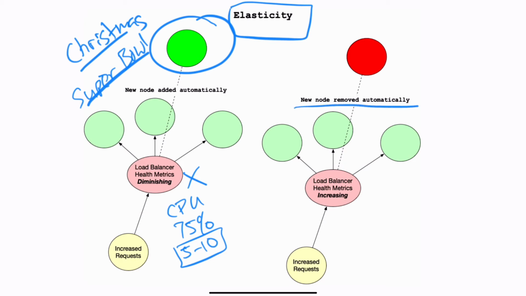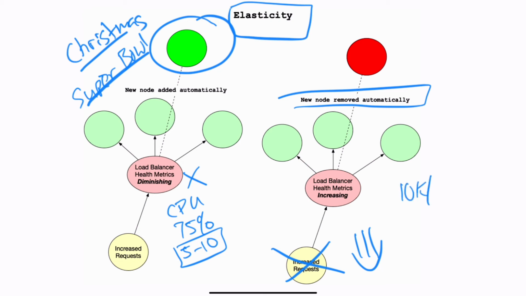Well, another thing though is if in your scenario here, instead of having increased requests, we actually have a lower amount of requests. What happens if I've scaled out, the Super Bowl's over, I could be spending, let's say, $10,000 an hour based on the load that I have. I don't want to just leave all that running. I can also set a rule that says if the machines, for example, diminish lower than 25% CPU, then remove nodes all the way down to, let's say, 3, and say I would want a maximum of 3 nodes running. And this can also scale in.